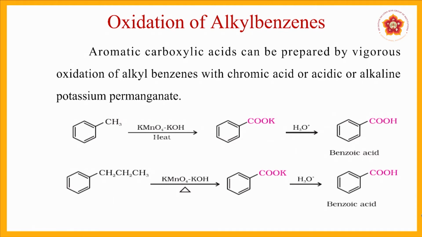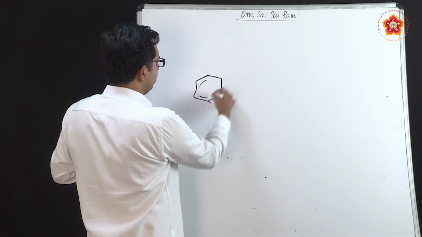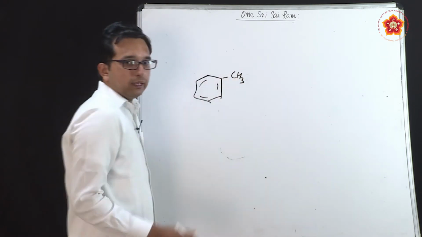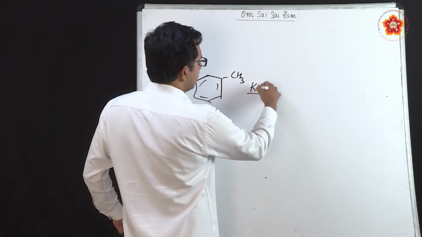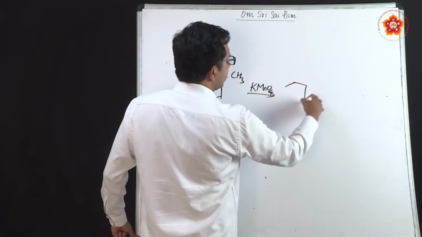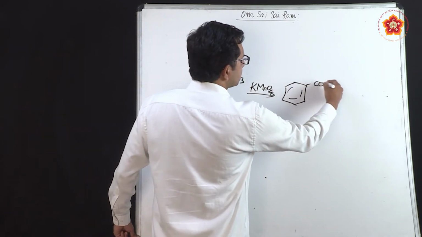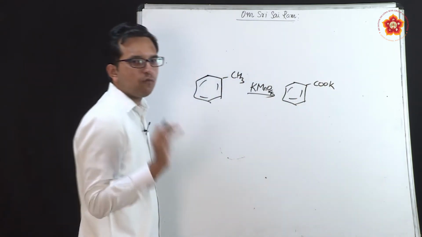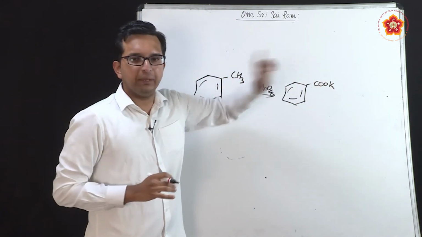So again, if you see the reagents that are taken, it is the same potassium permanganate or chromic acid, which is nothing but chromic oxide or chromic trioxide, where these components can be used as an oxidizing agent to form a potassium salt and further benzoic acid. So if I take for example toluene, which is nothing but methyl benzene, the presence of a strong oxidizing agent like KMnO4 in various solution forms can help me to get the corresponding oxide forms here, which is nothing but the salt of carboxylic acid, potassium salt of benzoic acid.